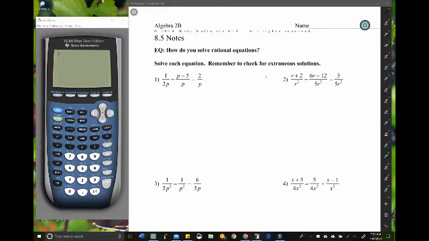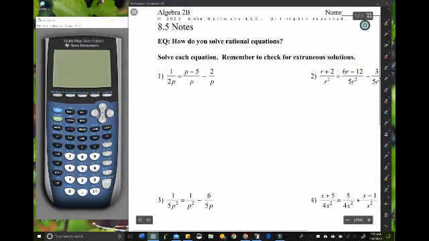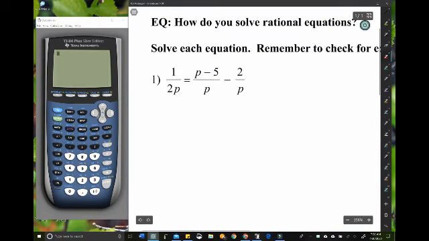Here we are going to be solving rational equations, added, subtracted, divided, multiplied. Now solving equations, and it's really not too bad. We are going to need to check for extraneous solutions once more, but let's just begin by looking at a